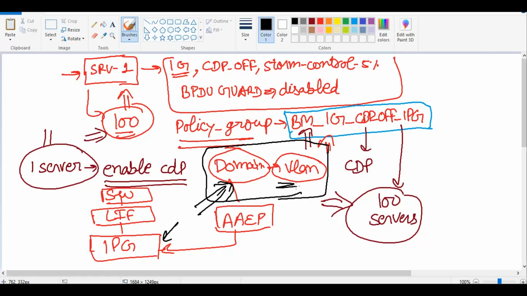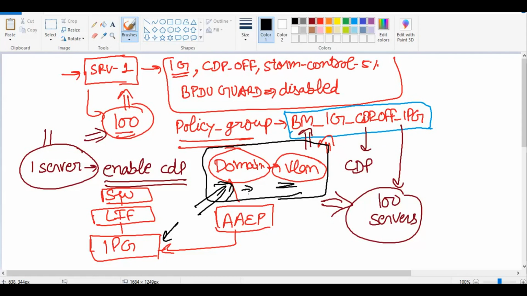So what we want is that without disconnecting this server, this CDP policy will be enabled with a new policy group. For this purpose, we have an option in ACI, which is called the leaf interface override policy.